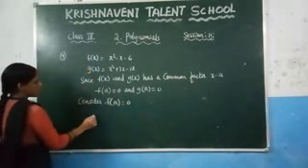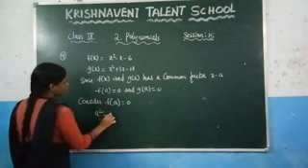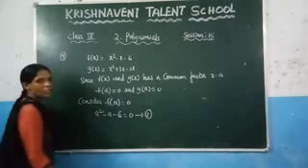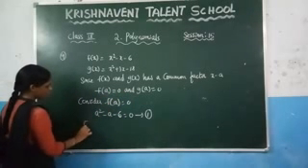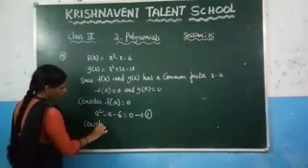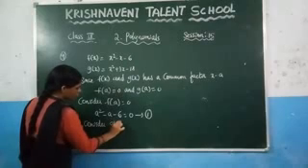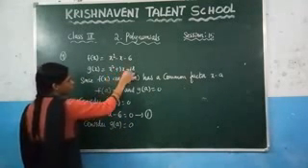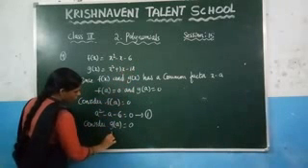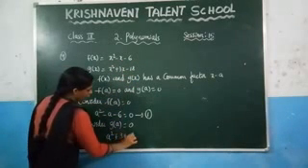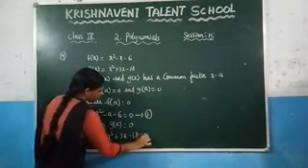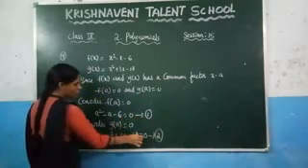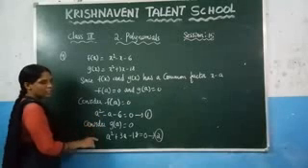So in place of x substitute a: a square minus a minus 6 is equal to 0. This is first equation. Now similarly consider g of a is equal to 0. In case of the polynomial g of x, substitute in place of x a. So you get a square plus 3a minus 18 is equal to 0. Again here the RHS parts are equal in both of the equations 1 and 2. You can equate the LHS part.